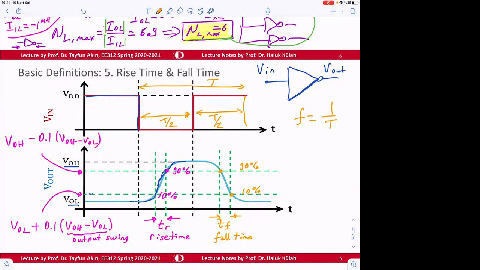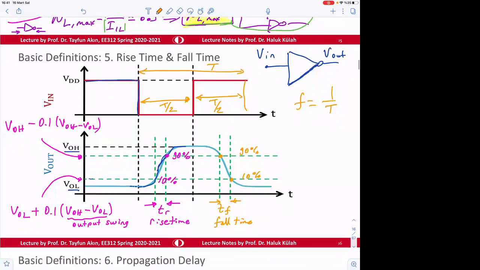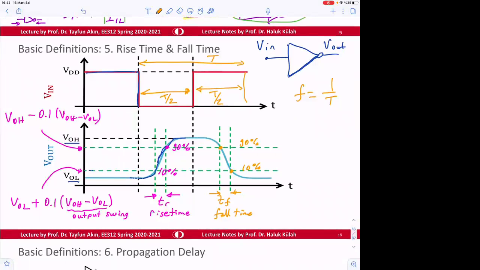So what is the maximum frequency of operation? You can look at the rise time. At least it should be the rise time, and then it should be lower than the fall time. And then you can determine the maximum operation frequency. Okay, smaller is better. It's clear. Is that right? Okay. But the point here is